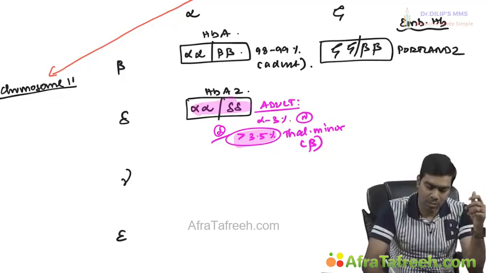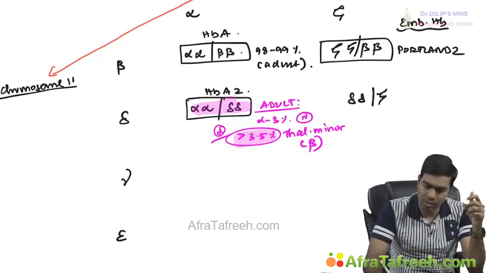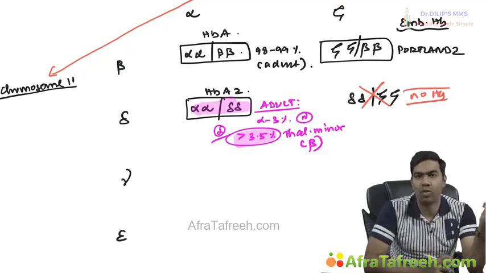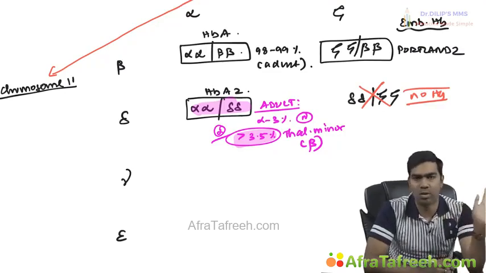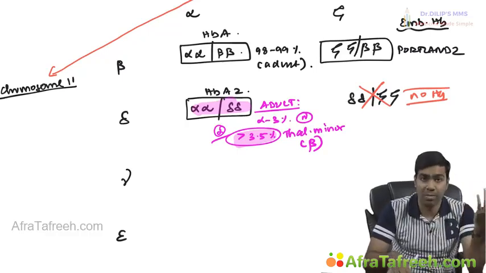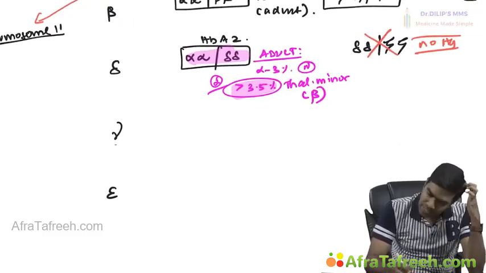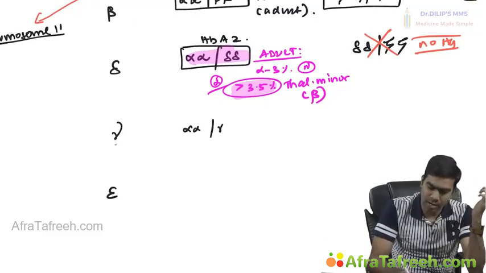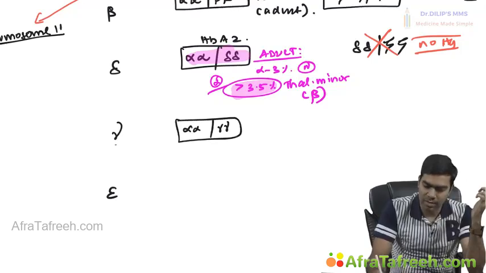And you have these two hemoglobin, that's called delta delta, and you have eta eta. Is there any hemoglobin like that? Actually no, there is no hemoglobin like that. So this combination is not seen in the humans, I mean even in the embryonic period. So you have to know that this delta and eta combination is not at all available in the first place. Then if you take this one, if you have 2 alpha and combine with this 2 gamma,